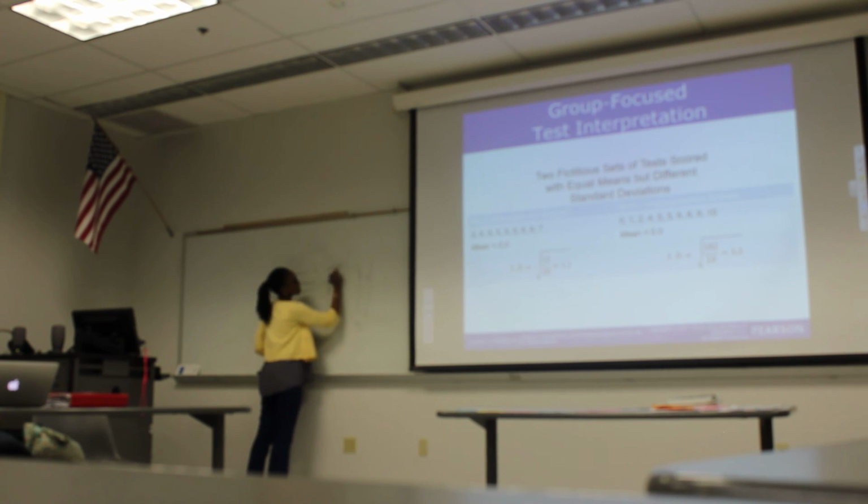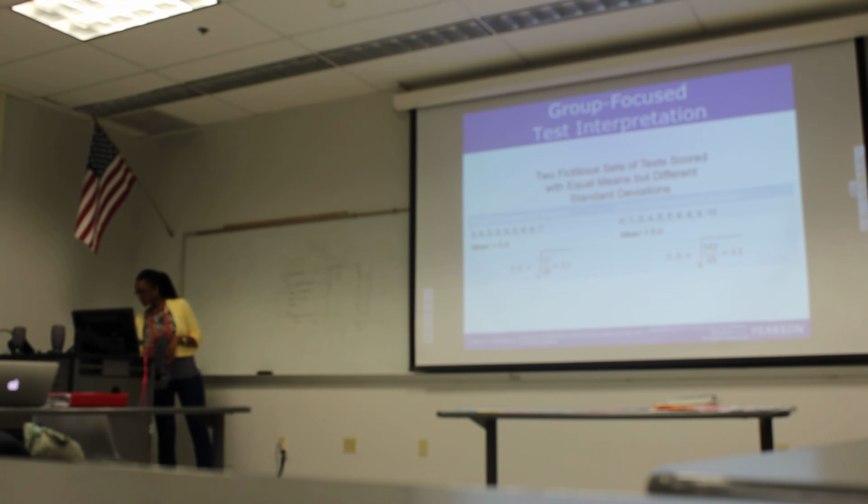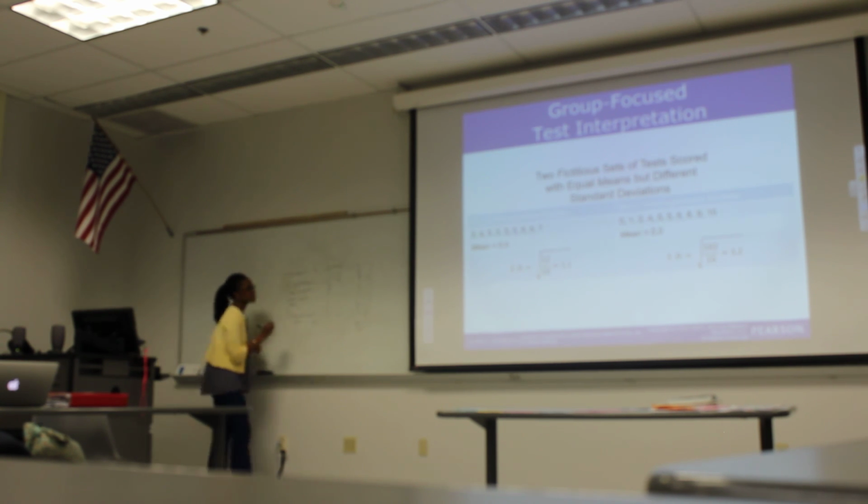Is that right? 1, 0, 1, 4, 8, and we come up with 12. And then the last step for us will be to divide it by the